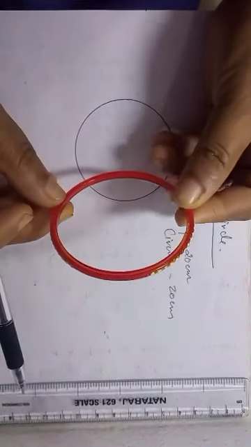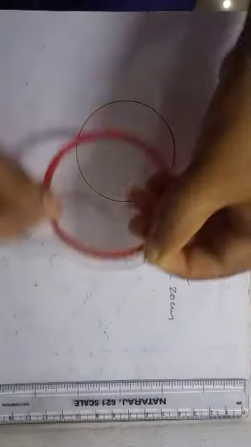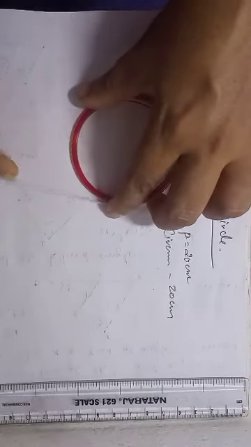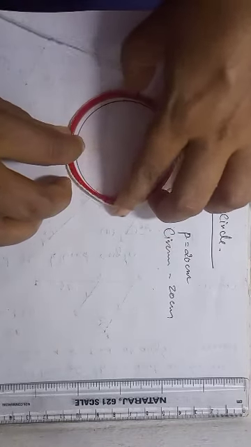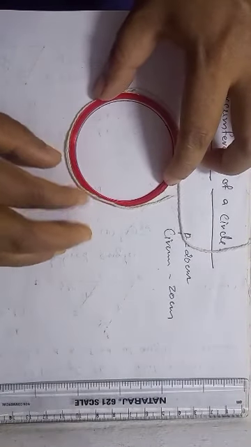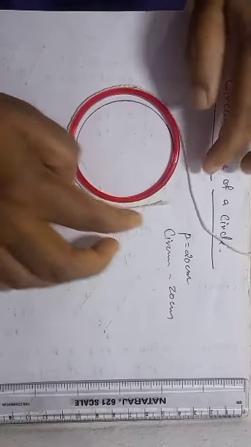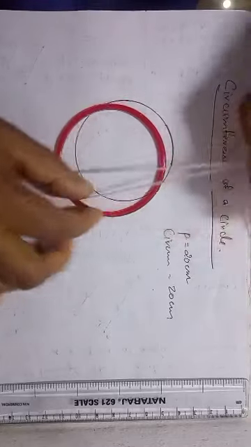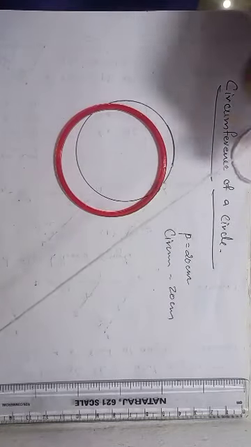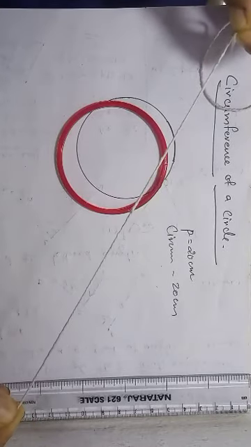How to find the circumference of a circle? We can use a thread to find the distance around this circle. Circumference means the total distance around the circle. So take a thread and measure the distance around the circle like this. This is the total distance around the circle. We can measure till here. This much is the distance around the closed figure. So we can measure the length from here to here. This is the circumference of a circle.